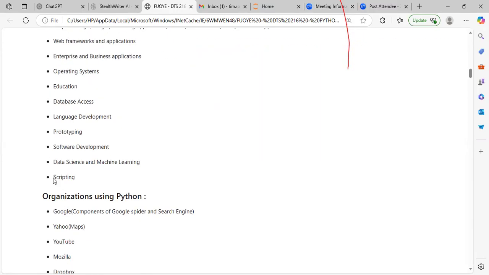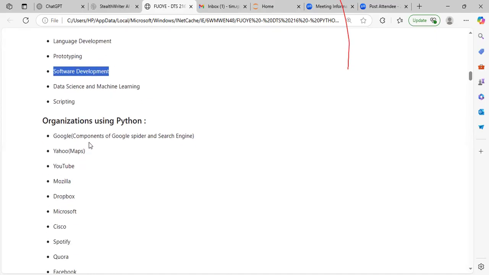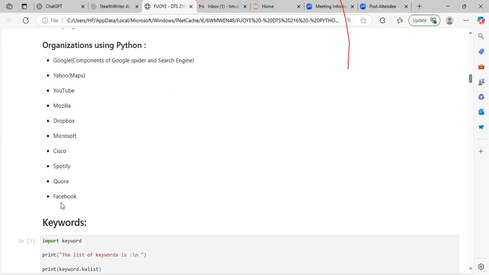Then scripting. When we say scripting, the meaning is when you take data from the internet, from the cloud. Then Python can be used to do data science and machine learning. By the time you get to that stage, you know more about it. Python is used in software development. Which organizations make use of Python? Google, Yahoo, YouTube, Mozilla, Dropbox, Microsoft, Cisco, Spotify, Quora, Facebook, even TikTok. TikTok makes use of Python to develop their backend